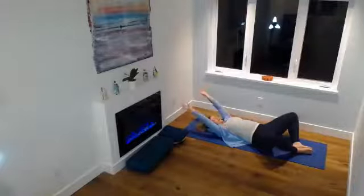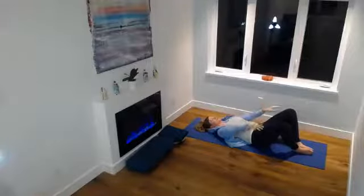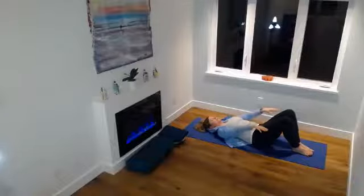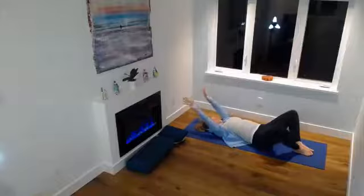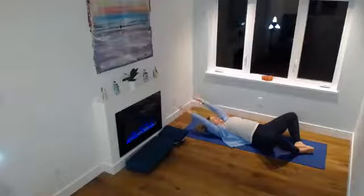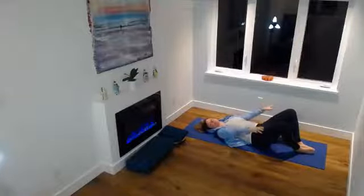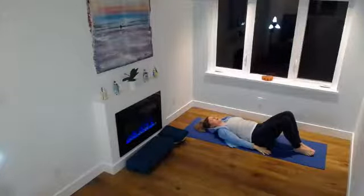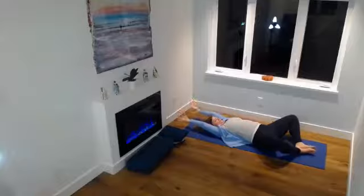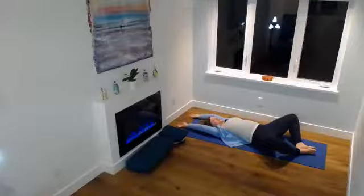And exhale, draw them together. Inhale, opening. Exhale, drawing them together, adding the arms overhead, of course, is working the neck and shoulders more. Now, if you like, add a breath or two at the top in that opening position. Supta Baddha Konasana. As you exhale, can you bring your lower back to the ground